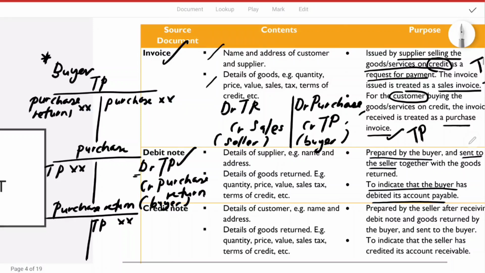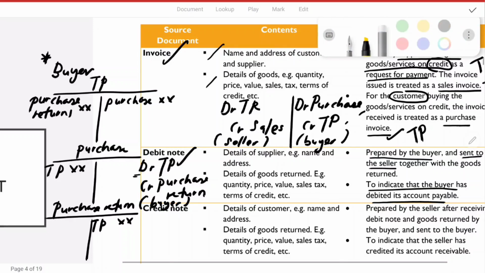So the reason why the name is debit note is because the buyer is going to debit its trade payable account, to indicate that they have already debited its account payable or trade payable account. On the seller side, once they have verified the item that they received from the buyer, they are going to issue a source document called